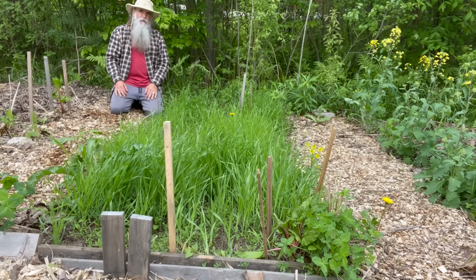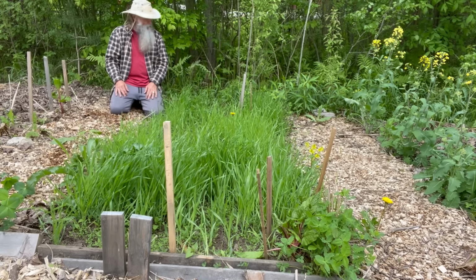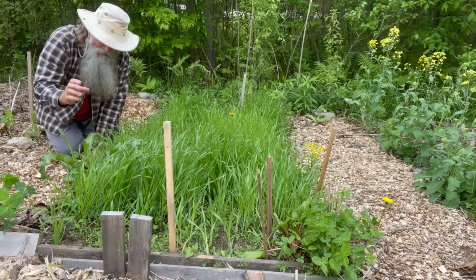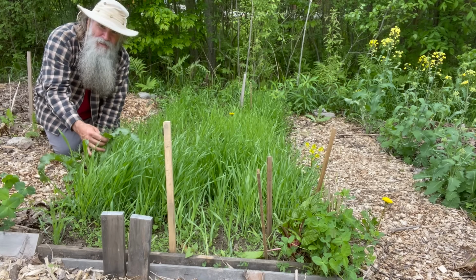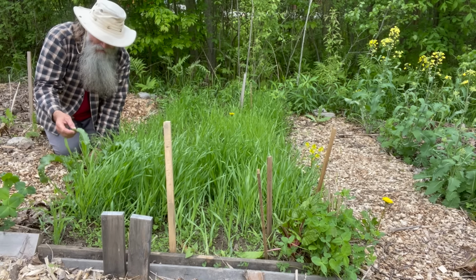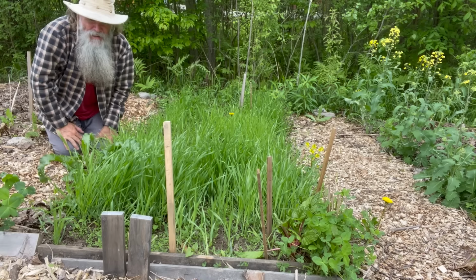Some plants like to be crowded. The grass family, of course, likes to be crowded. They do well even when they're all crowded together. Here, we've got a plant, curly dock. It gives a ton of seed that you can use, that you can grind into flour, and you can collect, and you can take that seed and you can kind of throw it all over the place in your yard or whatever,